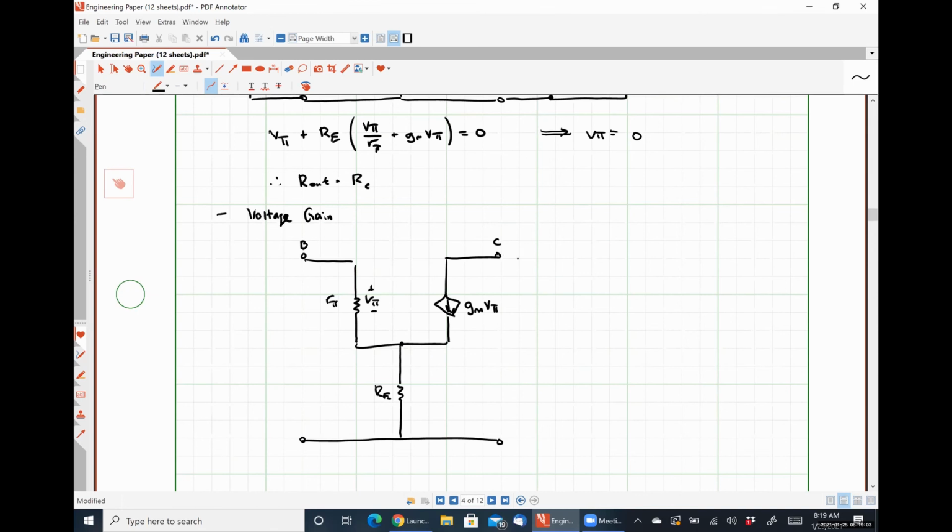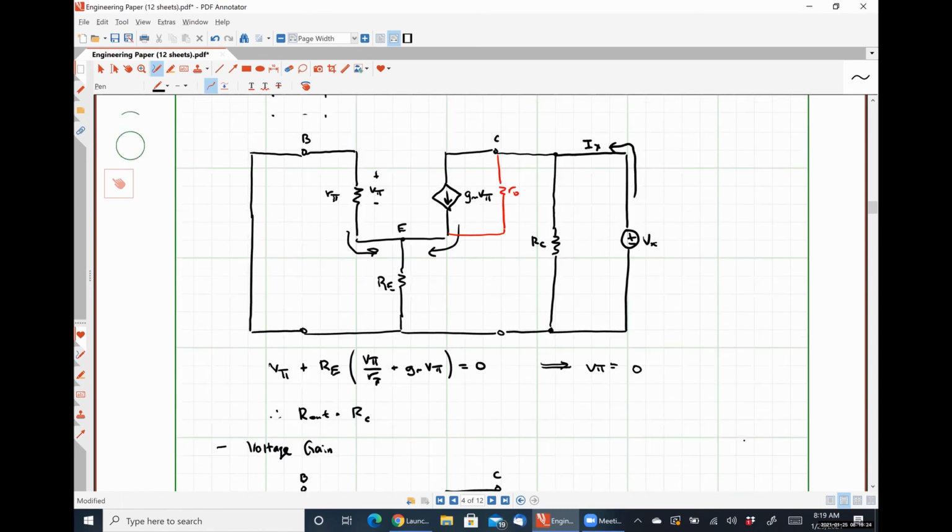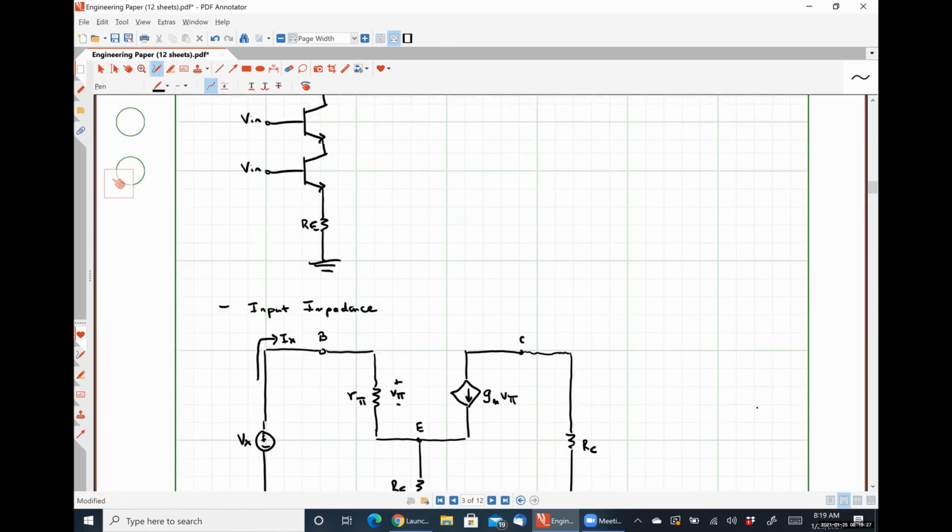So here's my resistance RC, and my small signal output voltage is simply the voltage drop over RC. So let's look back up at our original diagram to make sure that we agree